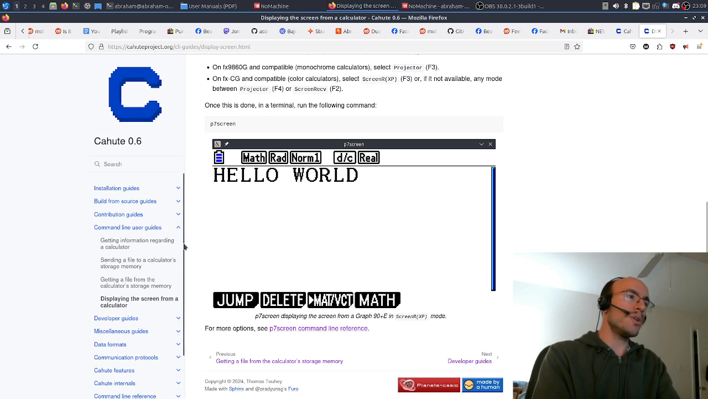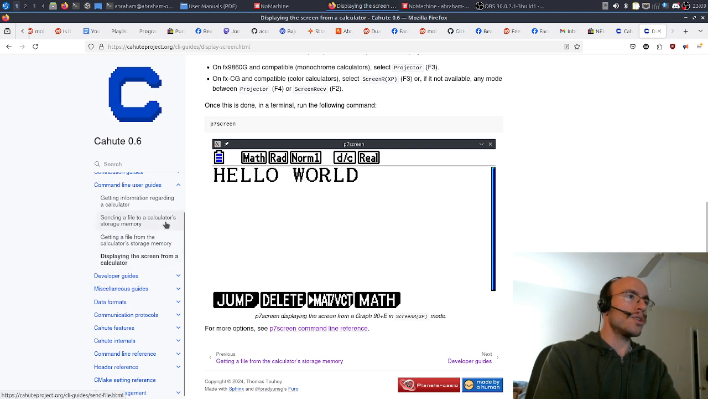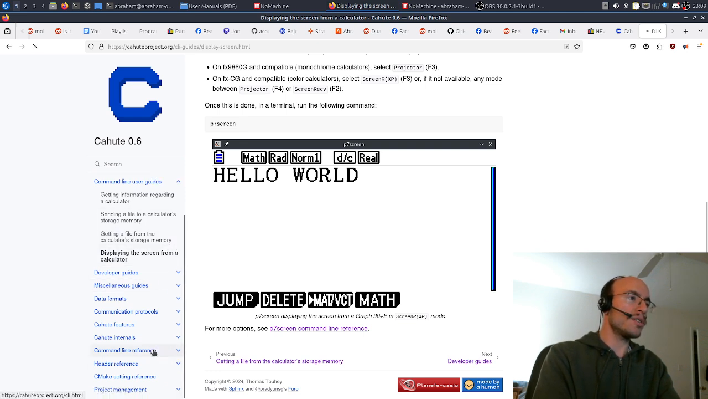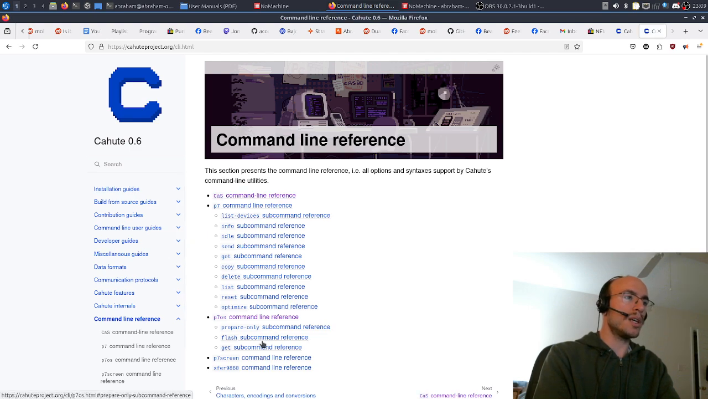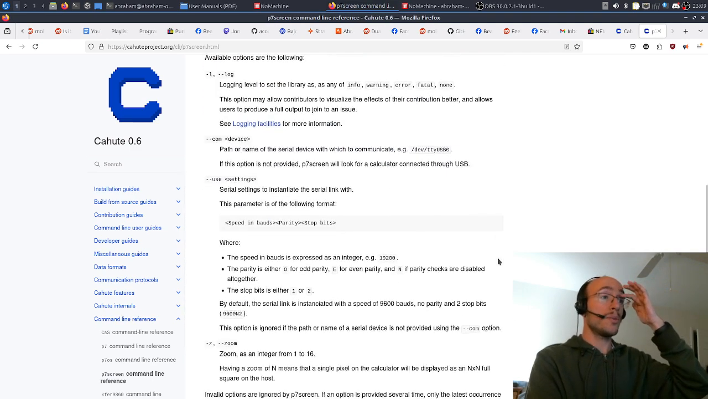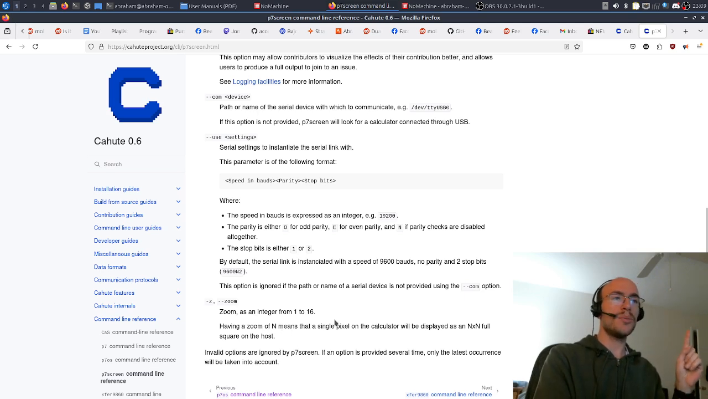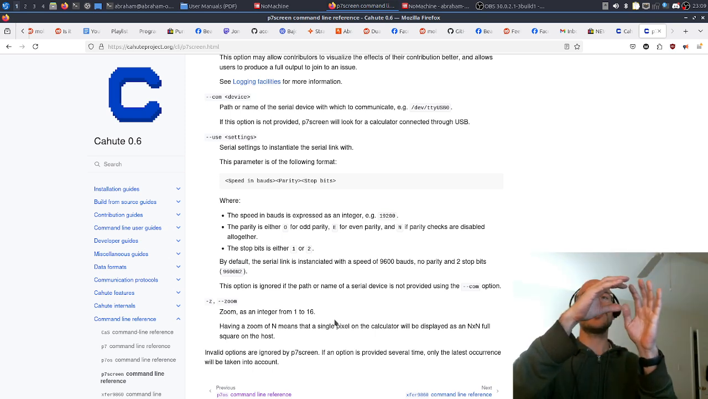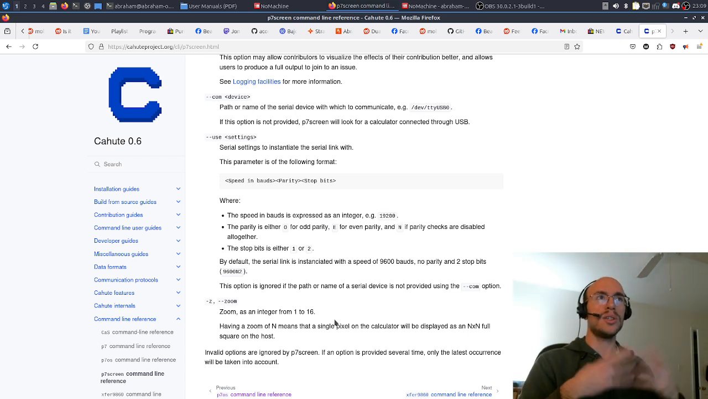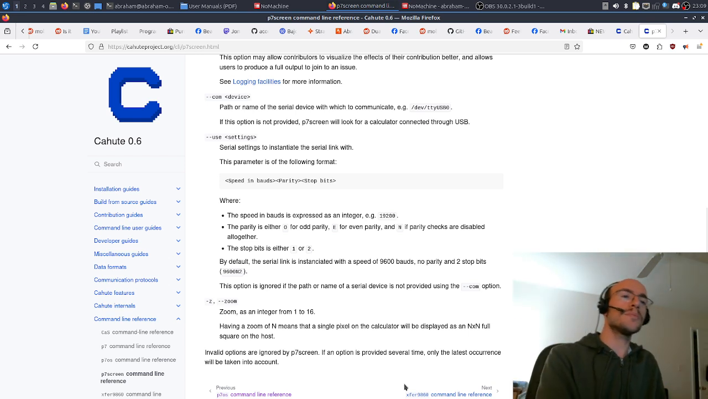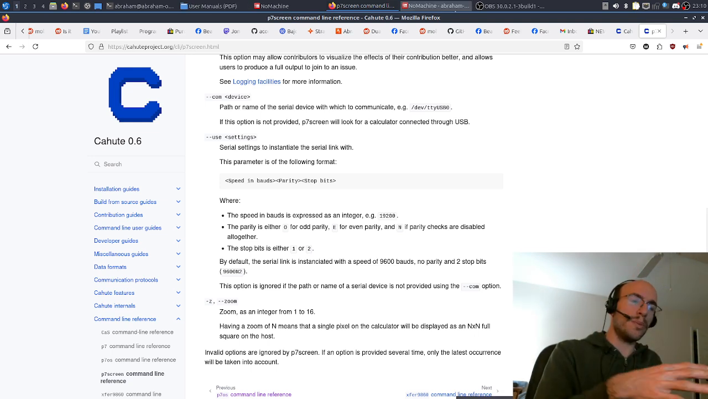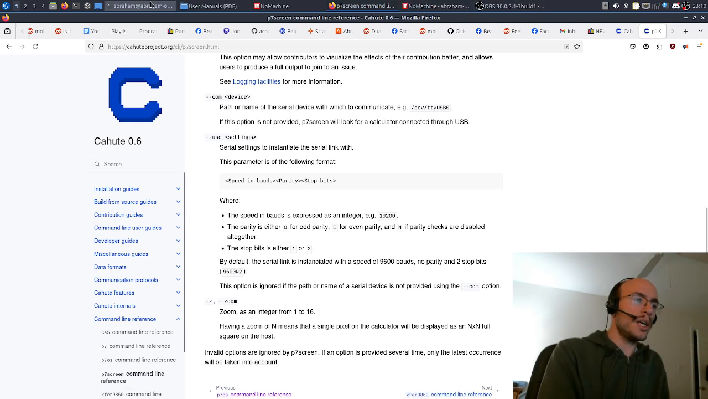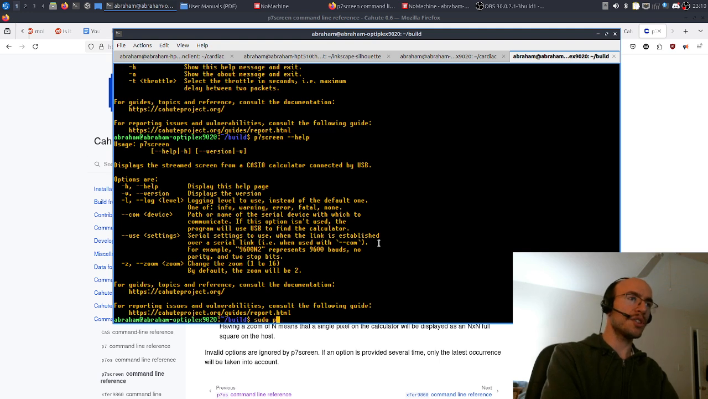To give a little more info on that zoom option, I can go to command line reference, and then p7screen command line reference, and you can see having a zoom of n means a single pixel on the calculator is displayed as an n by n full square on the host. So it's the number of times per pixel that it is scaled up by a multiplier. Okay, so I'll go back here, and I unfortunately will have to run this as root